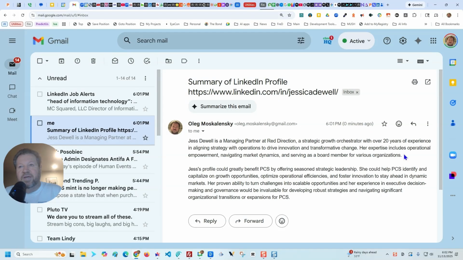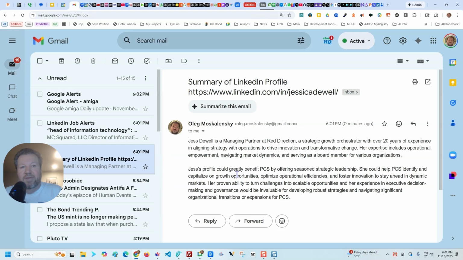Her expertise includes operational empowerment, navigating market dynamics, and serving as a board member for various organizations. Jess's profile could greatly benefit PCS. This is the key part, okay? Because I want to know how can she help my business specifically. Not just a little bit about her, which obviously this paragraph describes, but what can she do for my business,